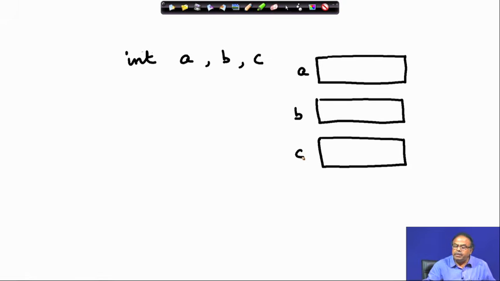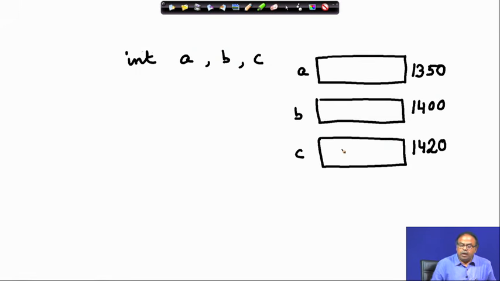Say 1350 is an address, just like our houses have an address, just like your rooms have some numbers, just as your drawers may have some labels. Similarly, it might be 1400, say 1450 or 1420. Suppose a, b, c have these 3 addresses.